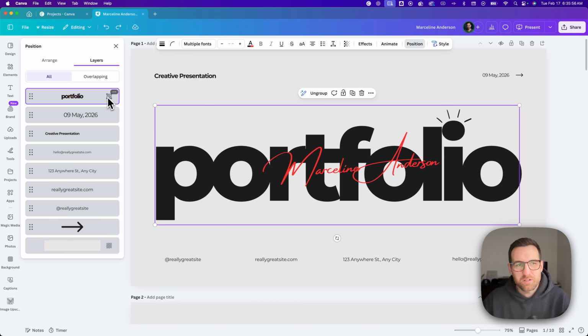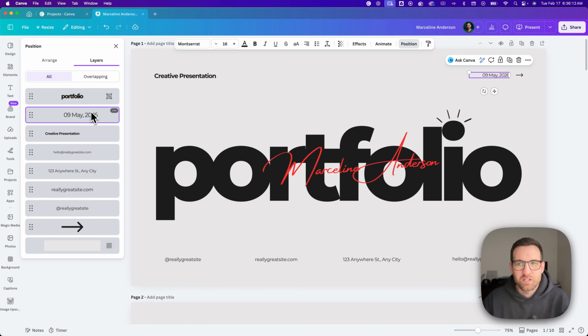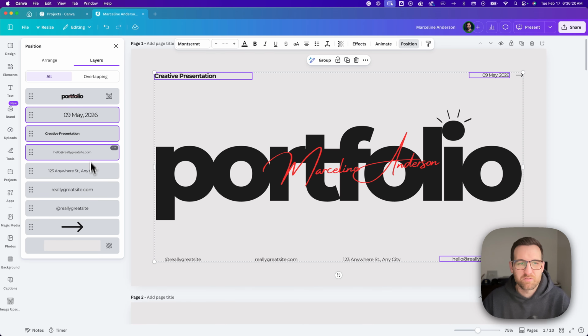So this group here is like a single layer element. And so I can move that around forward and backward in my layers panel. I can click on the three dots and get that same right click drop down menu where I can go ungroup them. If you select anything out here, it's going to select that element on your page. So if you have a bunch of overlapping stuff, you might want to come over here and hold shift to